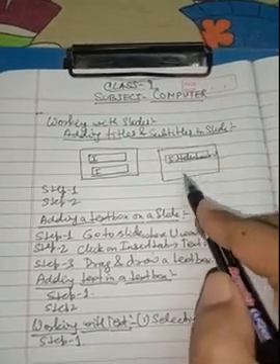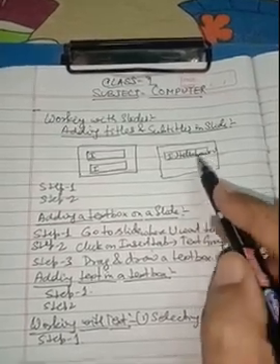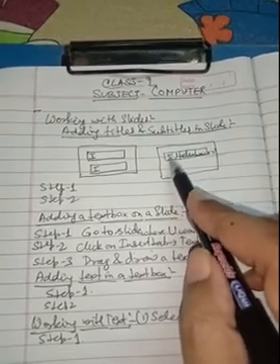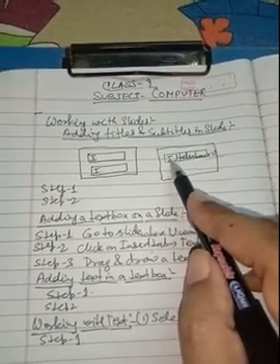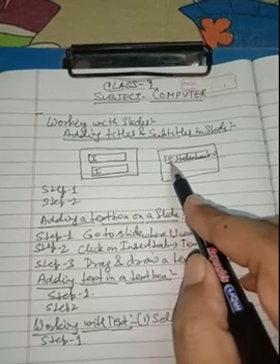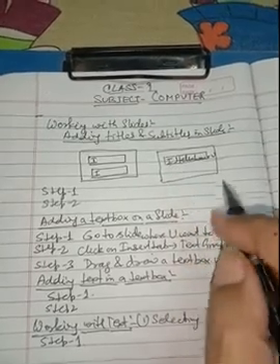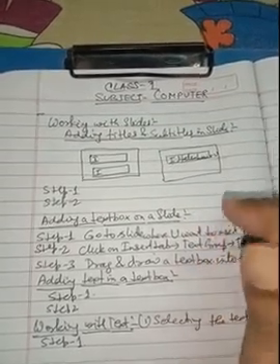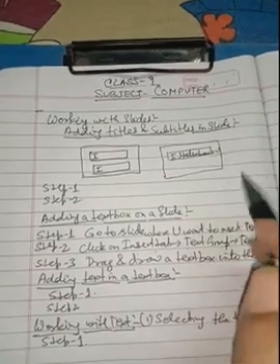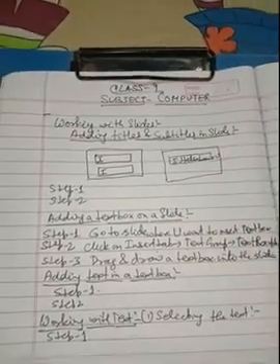So in this way you can select the text with the help of the mouse. You can also select the text with the help of the keyboard. Bring the cursor to the beginning of the text which you want to select. Now with the help of the arrow keys and the Shift key you can select your text. So this is the method of selecting the text.